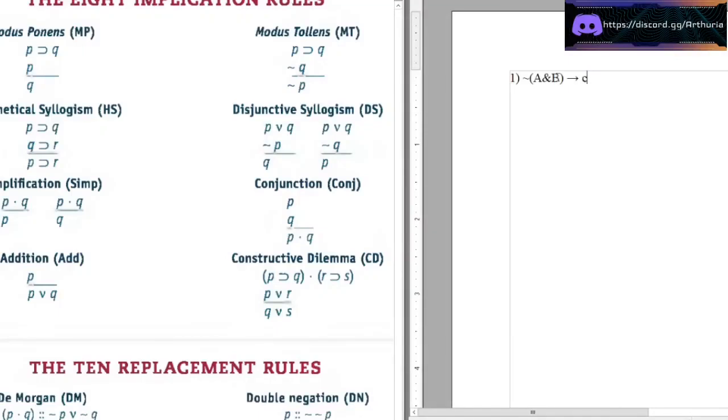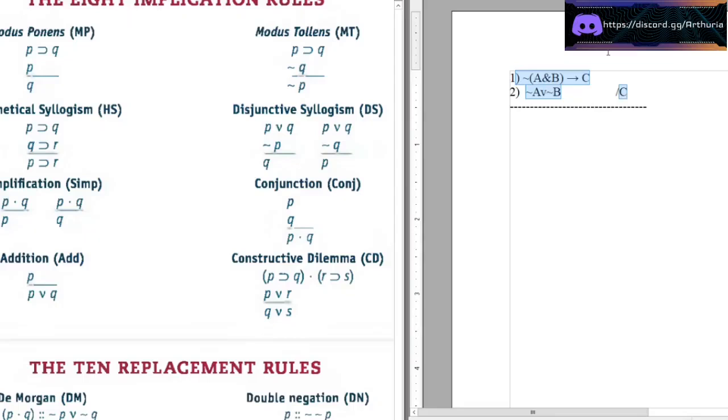Will happen. Right, as an example, 2. Let's say that we have not A or not B, and we say that this is valid for C. Meaning here that if we assume that premise 1 and premise 2 here are true, it should be the case that C has to be true,